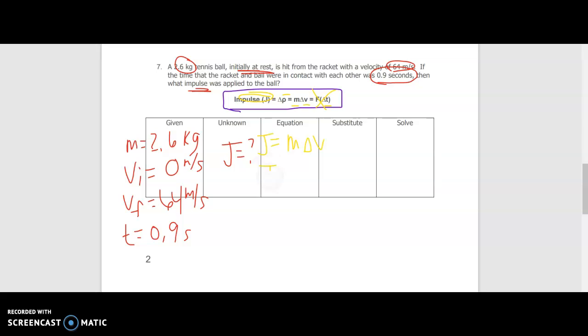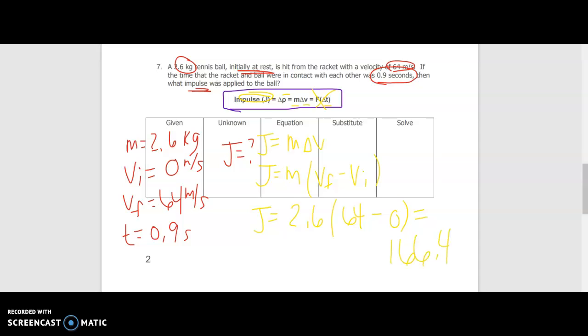And remember that change in velocity means that we're going to do mass times the final velocity minus the initial velocity. That's how you find impulse with this word problem. So now we can just plug in. So we have impulse is equal to our mass, which was 2.6, times our final velocity, which was 64, minus our initial velocity, 0. So when we do 2.6 times 64, we're going to get